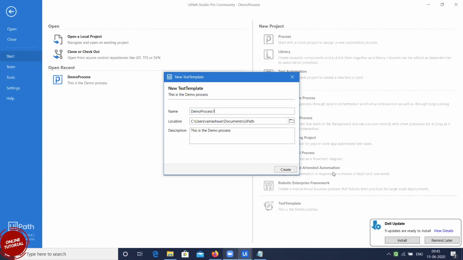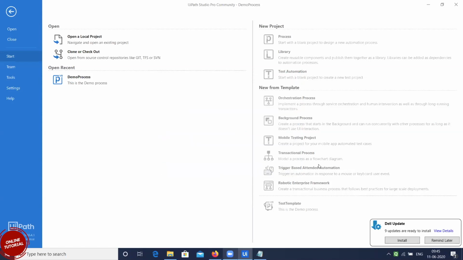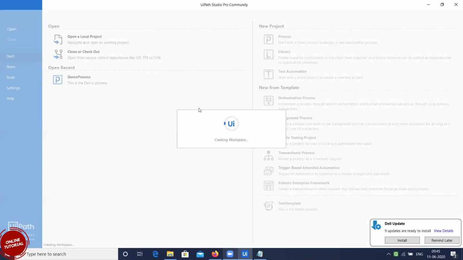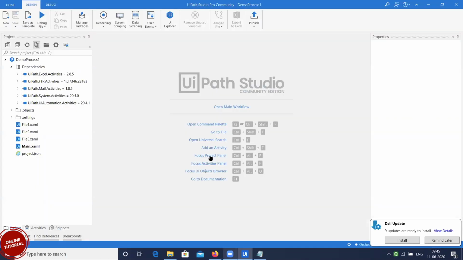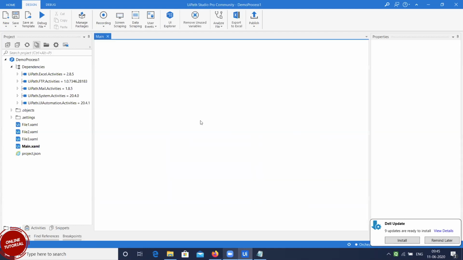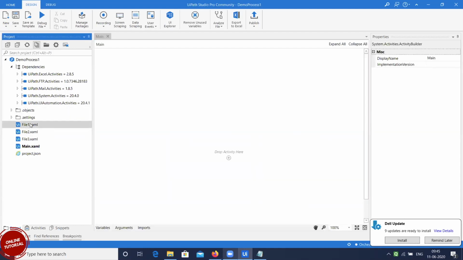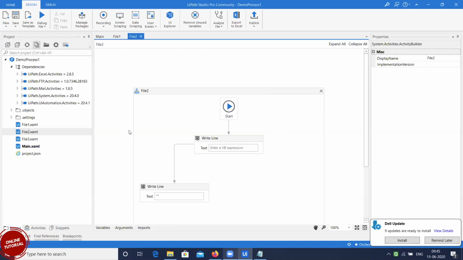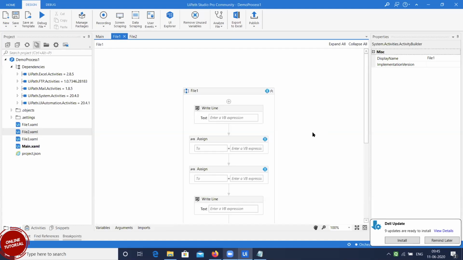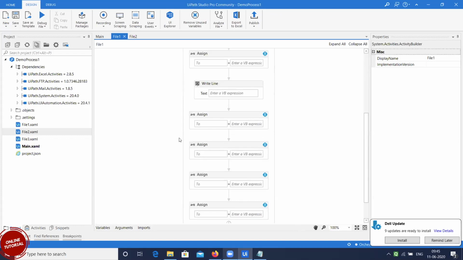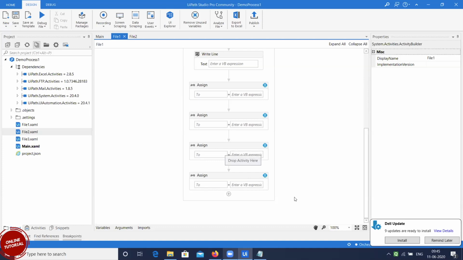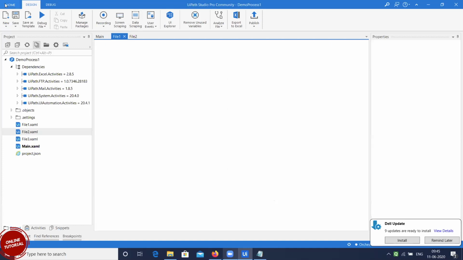Then if you click on create, by default the previous steps, whatever you configured, you'll get automatically. Whatever we had previously, we get everything as it is. So a template is nothing but your common steps that you want to use very frequently. So instead of doing a copy paste every time, save it as a template.